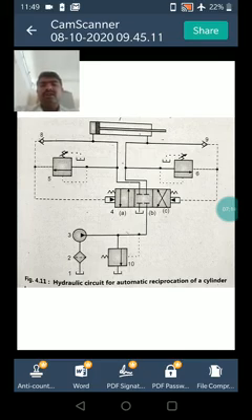Okay, automatic continuous reciprocation of a cylinder can also be accomplished by using a 4/2 DCV without using the sequence valve. The double acting or double end rod cylinder actuates a limit switch at the completion of each stroke. The limit switch in turn may operate the solenoid controlled direction control valve to a new position. This limit switch can also be a mechanical latch which actuates the direction control valve linkage to the new position. Then see the first position.